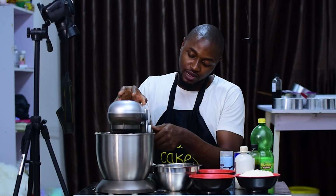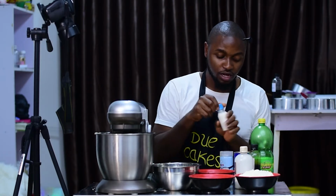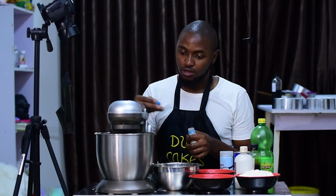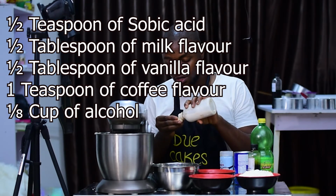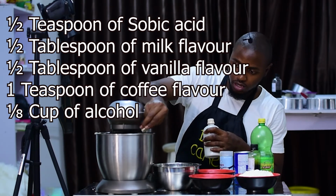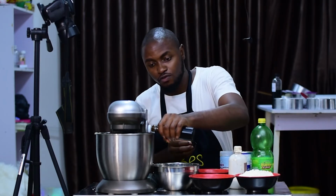sugar and butter mixture is combined properly. So at this point you lower your speed to 1. Then you put in your water, some preservative, probably half a teaspoon. Some flavoring. I'm using milk flavor, coffee flavor,